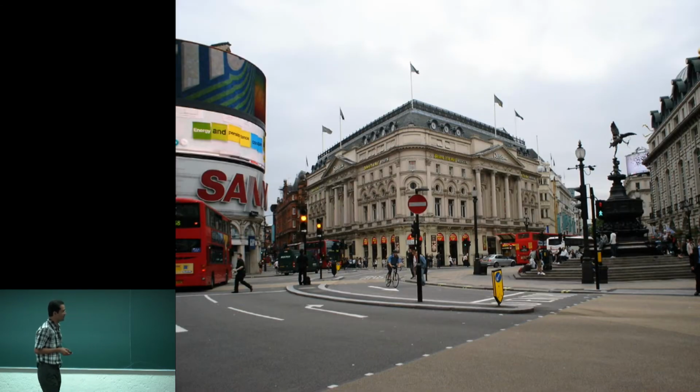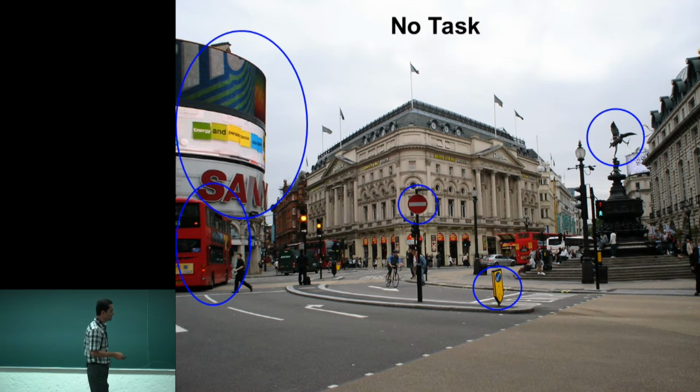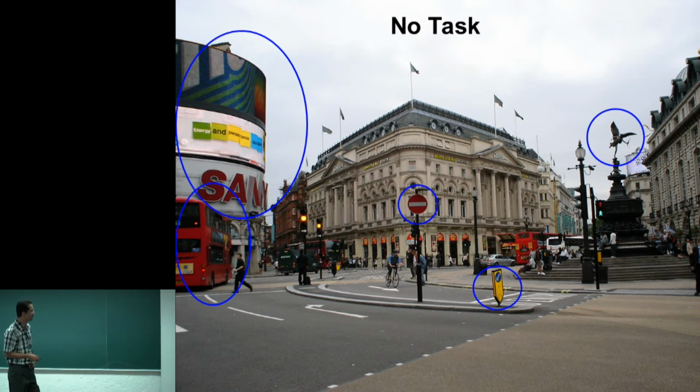So let's do an example. If I show you this picture, you're probably already seeing several things here. Maybe you are looking at this part, or this object, maybe this one or this one. If I don't give you a task, then you are just navigating through the image and looking around. Probably you see this because it's yellow, so it stands out from the scene, or maybe this one because it's red on the brown background. So this is a case where we don't have any task to perform.